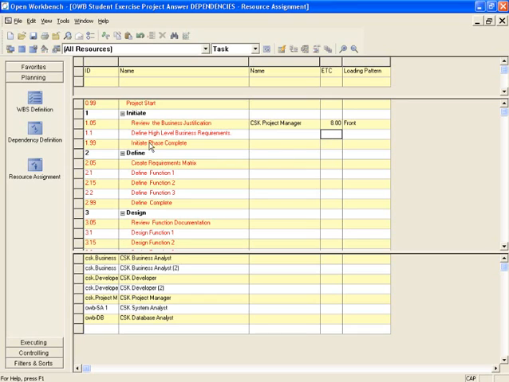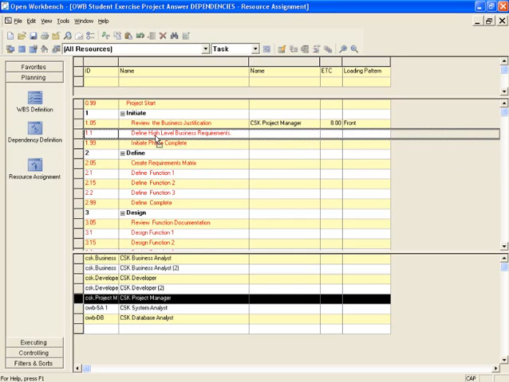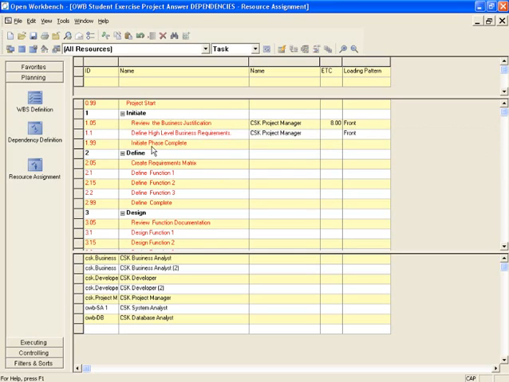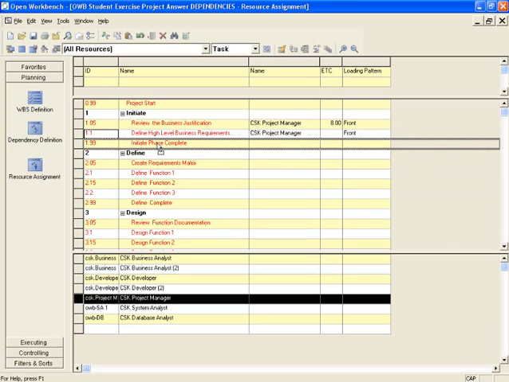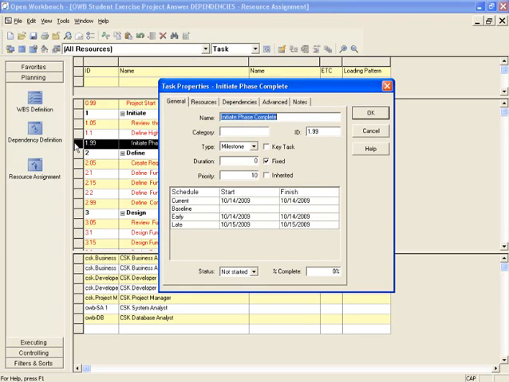Then the next one, so let's say that we're going to assign the PM to each of those 3 tasks there. So I can select the PM, bring the PM up to the second one, and then get the PM one more time and bring the PM to the third task, and then go down and make the assignments. And let's say that this last one was, let's see, that's a milestone, so I'm not going to assign anyone. So I am going to release that